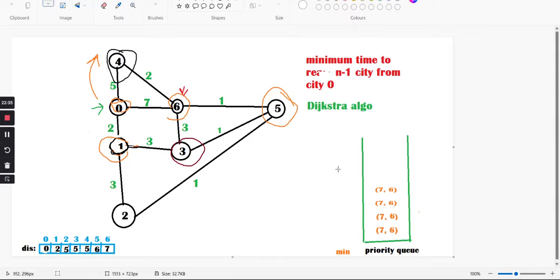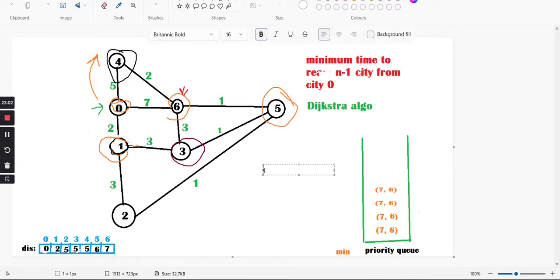Now we will again consider the top element, and now when the city is 6, which is the destination, we will say that since we have reached the destination, and the distance which is 7 is also the minimum distance in our distance array, so this is a valid path. So suppose the answer was 0, we will increment our answer by 1, and we will take the mod m,